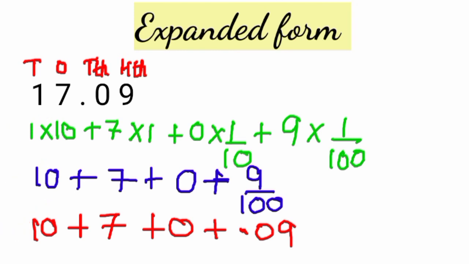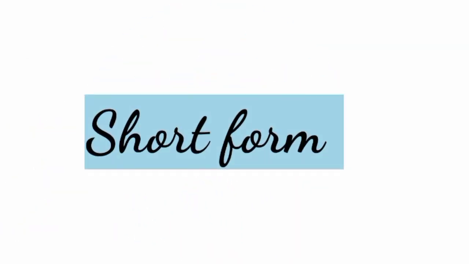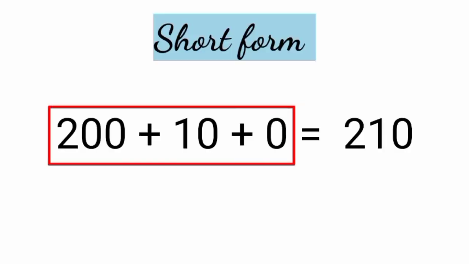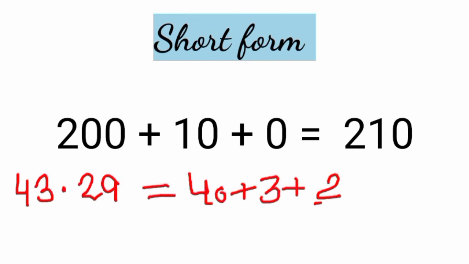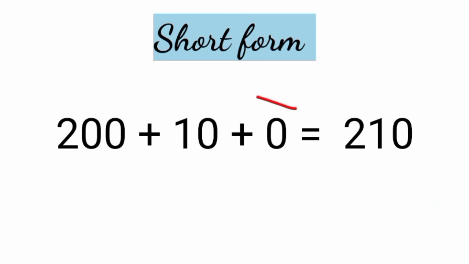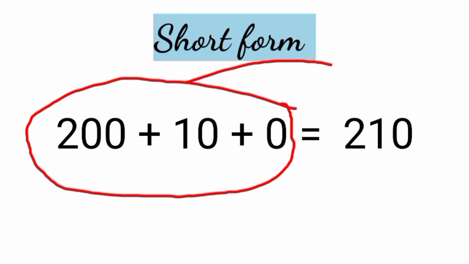Expanded form है. Now let's understand how we can write any number in short form or in standard form if they already have given in expanded form. अब क्या है? Opposite to the previous question. Previous question में क्या given था? Standard form में given था, decimal number given था, and they were asking to write it into the form of expanded form. अब क्या है? Opposite हो गया. Expanded form में already given है and they are asking to write in the form of standard form, in the short form.